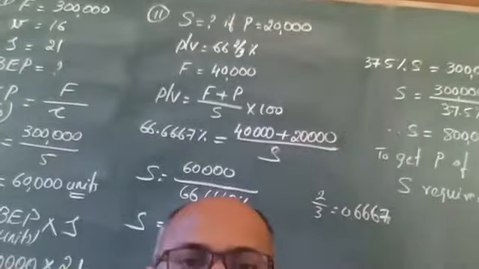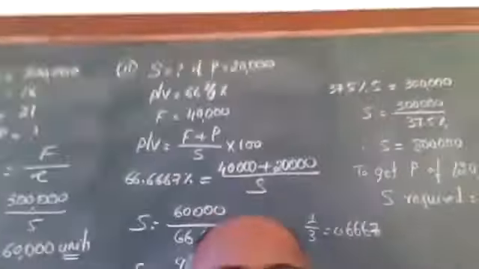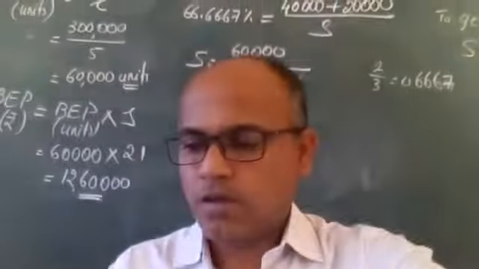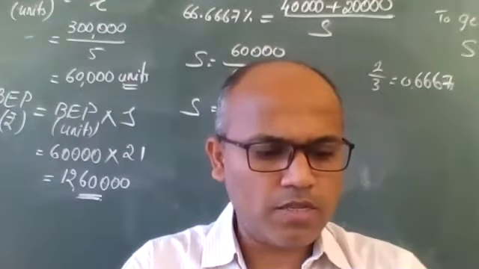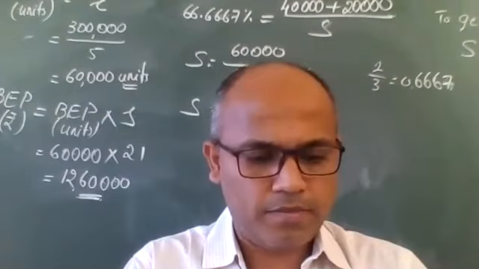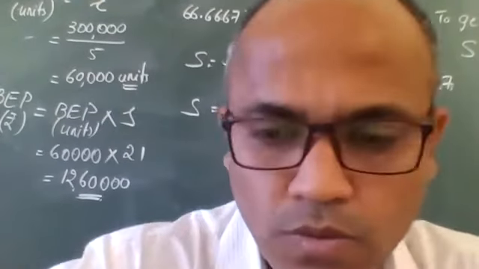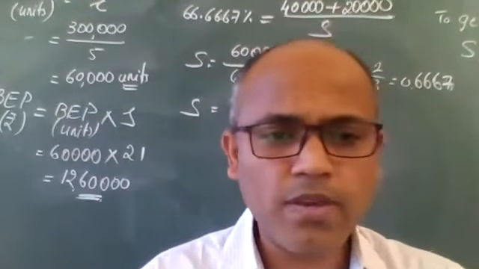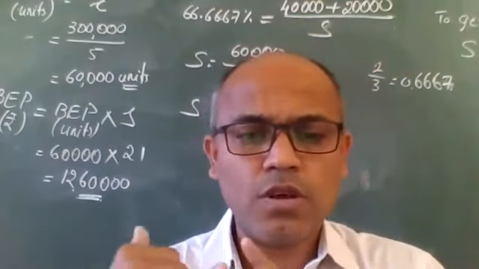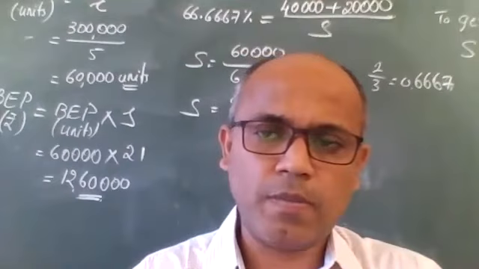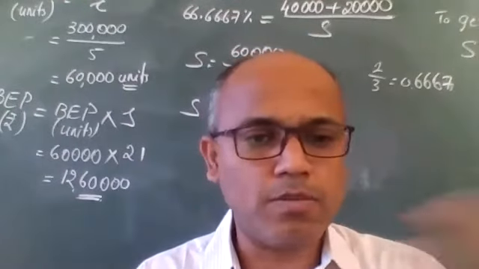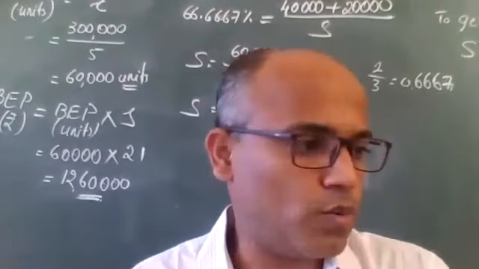So that's all for today. We have done question numbers 7, 8, 9, 10, 11. So we will continue with some more calculations. So far I have introduced the equation, PV ratio, and break-even point. In the next class, I'll try to introduce the margin of safety and we will continue with other things.